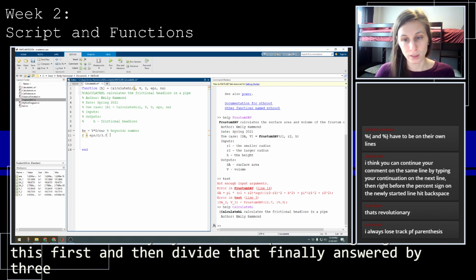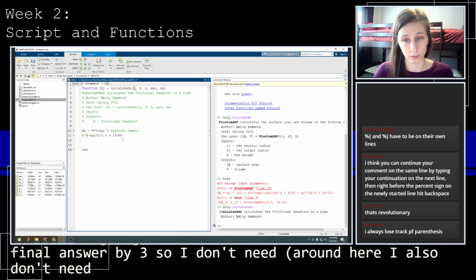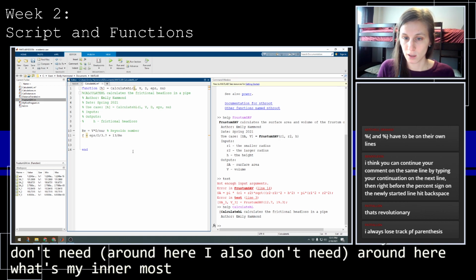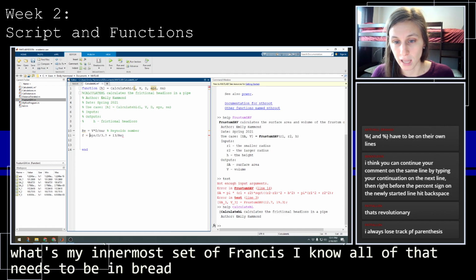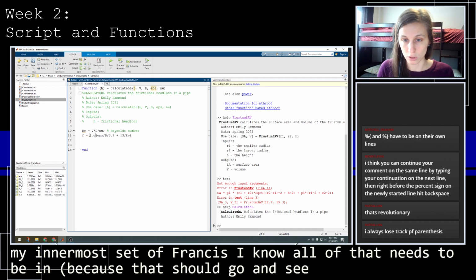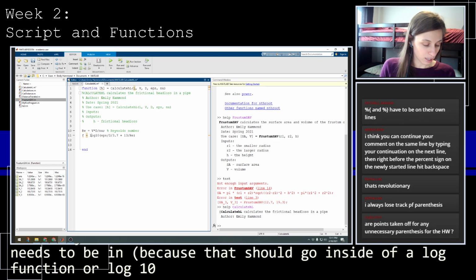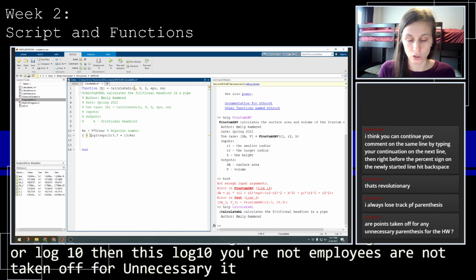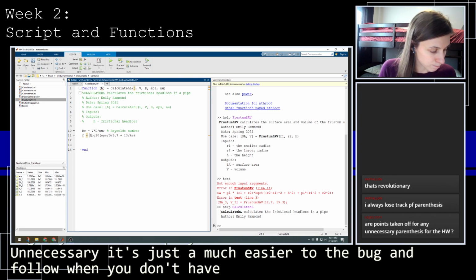So I don't need parentheses around here. I also don't need parentheses around here. So that's my innermost set of parentheses. I know all of that needs to be in parentheses because that should go inside of a log function, or log 10. Points are not taken off for unnecessary parentheses. It's just much easier to debug and follow when you don't have lots of parentheses.